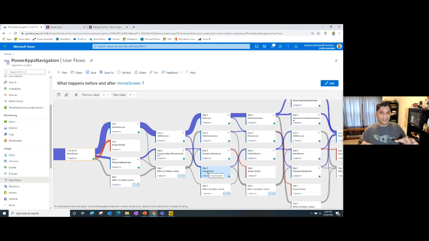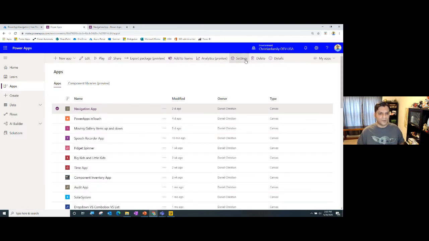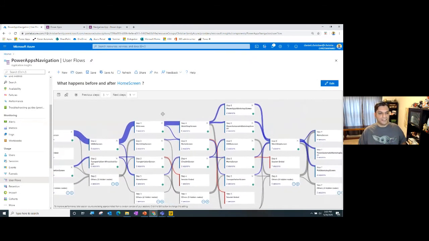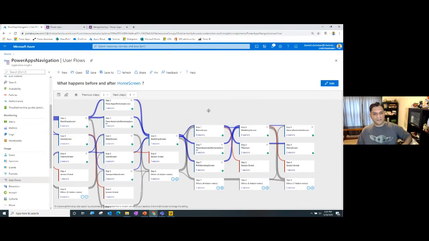Now, if this hasn't already shocked and wowed you, I don't know what else will, because remember, this is not available anywhere inside the apps. This is not available anywhere, even in the admin center over here. Remember that one did not have this functionality. So it keeps giving you more and more information. And see, it's just collecting data, and it's collecting data at such an intimate level, because I can click on the information and see that, yep, right here, there were 7 sessions in the past 7 days that actually had this flow. And it's able to show the mix and match of the different things that are going on over here.